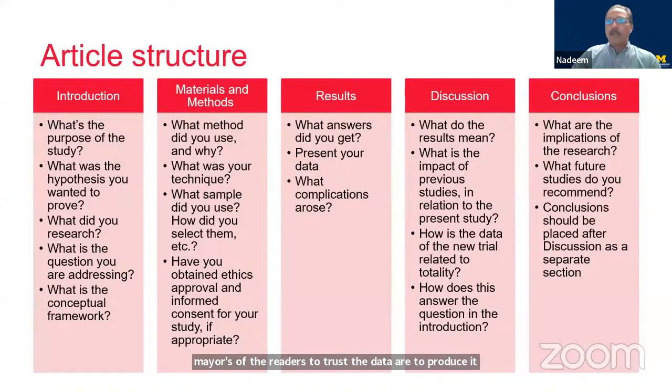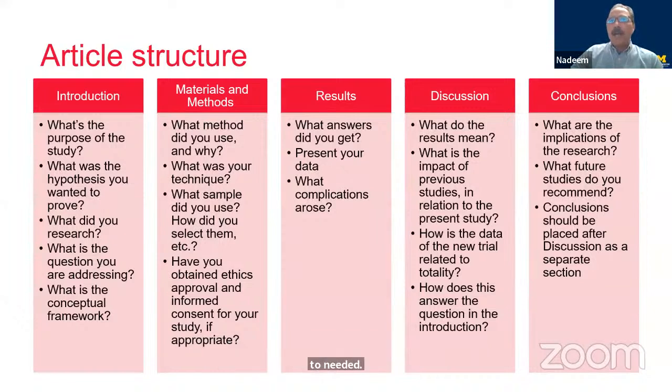It is important to include any relevant material or method used, including ethical approval you needed to acquire, especially for human studies or animal studies. Some common subsections include participants, instrumentation, procedures, analytical techniques, and so forth. So what did you do? What was your technique? It is important to include any relevant material or method used, including ethical approval you needed to acquire and the informed consent procedure followed.